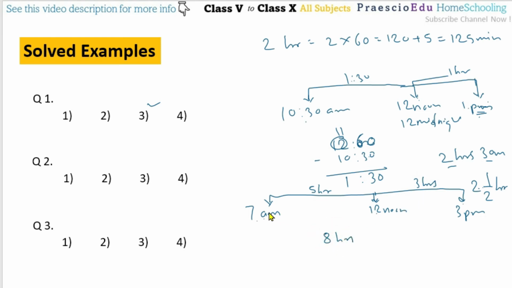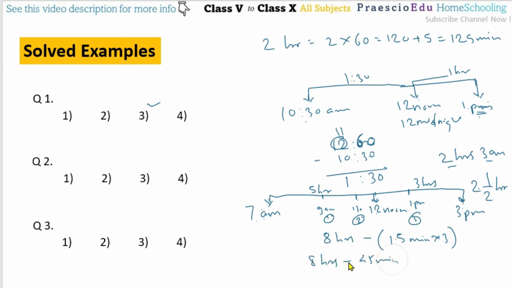Okay, but after 7, every 2 hours it takes 15 minutes, so from 7 to the next 2 hours means 9 a.m. Okay, that is a halt for 15 minutes, so this is the first halt. After 9, at 11 a.m., that is the second halt. Now from 11 a.m. to 1 p.m., that is the third halt. And after 1 p.m., directly 3 p.m. means the destination comes, so there are total 3 halts, so minus 15 minutes for each halt multiplied by 3, so 8 hours minus 15 multiplied by 3, it's 45 minutes.